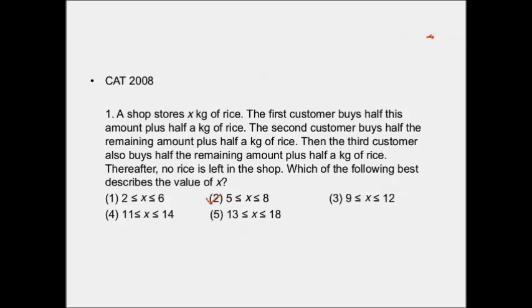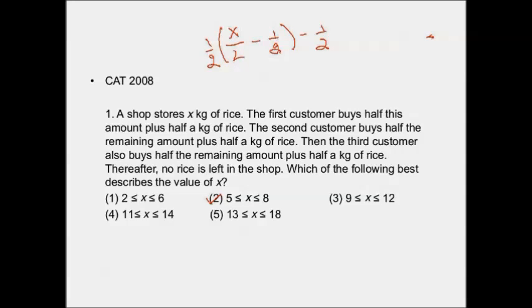So generally we attempt these questions starting with X. Let us assume initially X kg was there. Half of this is taken, so half is remaining. And from that half, another half kg is taken, so X by 2 minus 1 by 2 would be remaining. From this X by 2 minus 1 by 2, again the next customer takes half of it, and then again he takes half a kg. So it looks like a cumbersome equation to us. So a better way of solving such questions, and in many such questions we can do this, is that you work